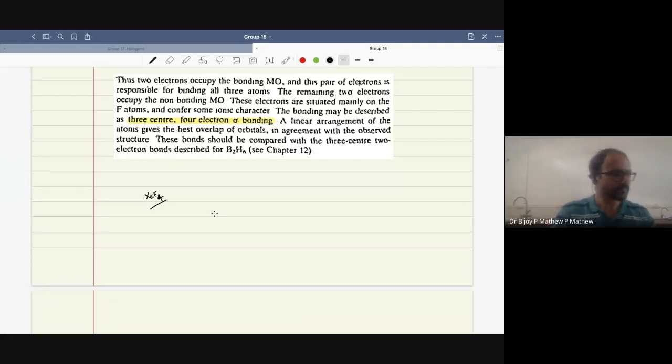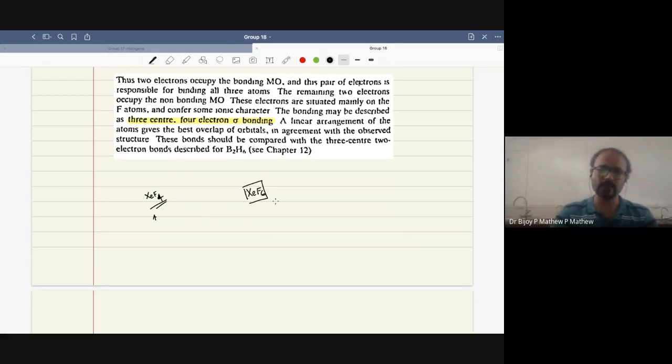So you can look for the structure of XeF2, and I hope you would be able to find the correct structure of XeF2. I'll leave that to you because it's a square planar structure, and you please do it yourself. Here, since there is a discrepancy with XeF6, that's why I want to discuss this particular molecule.